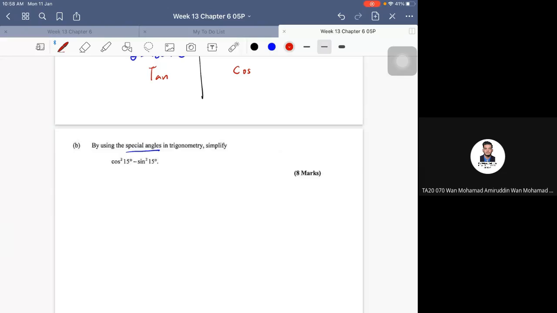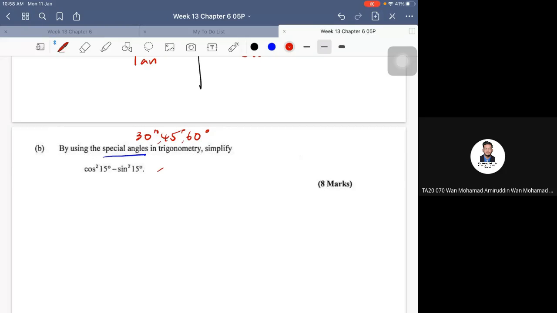So special angle ni dia ada 3 nilai, so 30, 45 and juga 60 degrees. So those are going to be our special angle. So the question said, by using special angle in trigonometry, so we have to simplify this function. Okay, sebenarnya, so kalau kita nak pakai special angle untuk simplify this function, there are so many ways. Even dalam solution yang I akan bagi you kejap lagi, so I actually found 3 cara macam mana nak buat